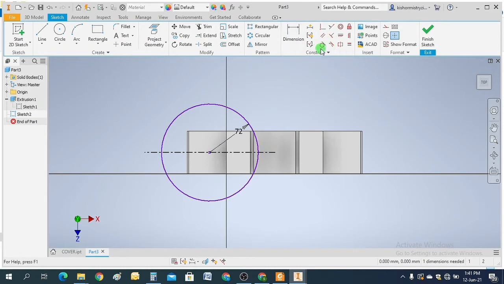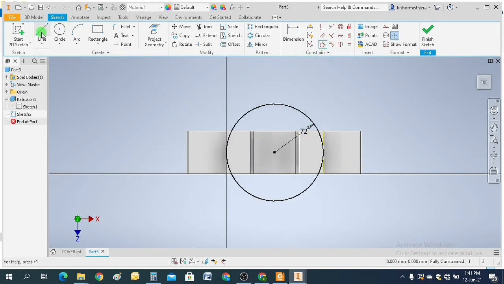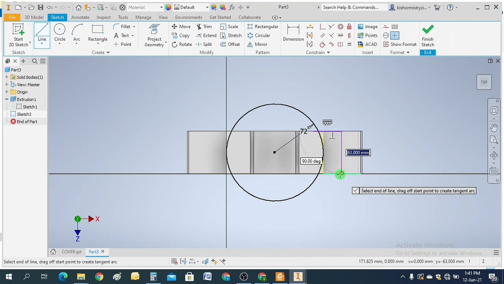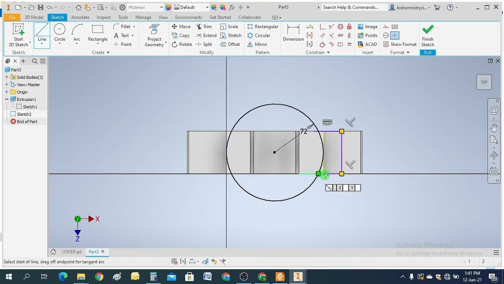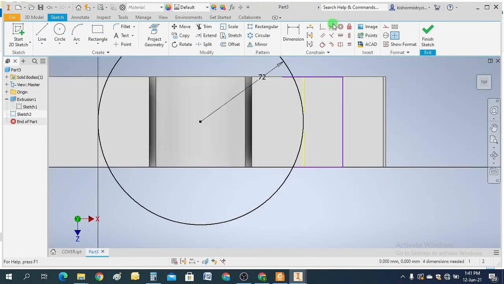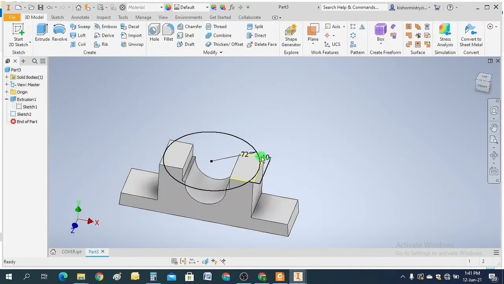It will be tangent to this edge. Make it collinear with this, collinear with this. Say dimension, just suppose 10. Exit sketch.